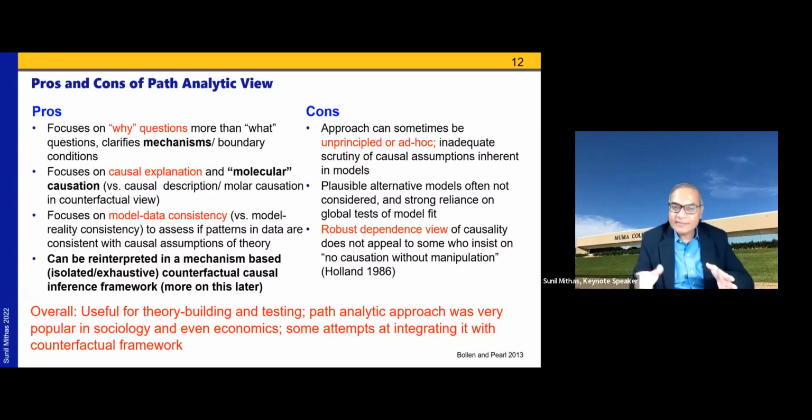It's not very clear whether that is going on or not, but people suspect that. And there can be many plausible alternative models that might give you the same correlations. And sometimes researchers do not consider those plausible alternative models. And then there are also people in the other camp, in the counterfactual view, for example, and they believe that there